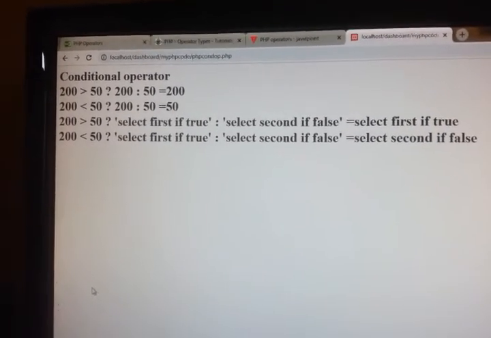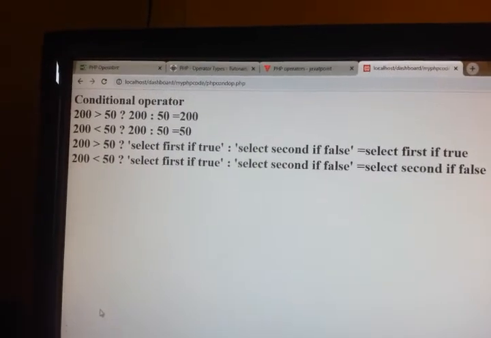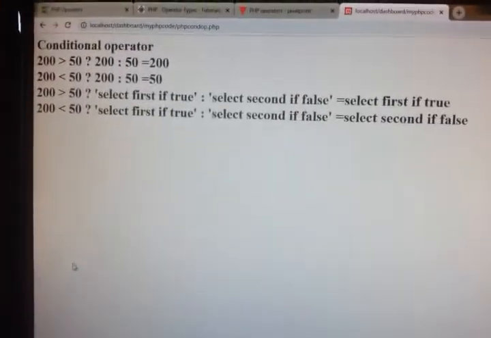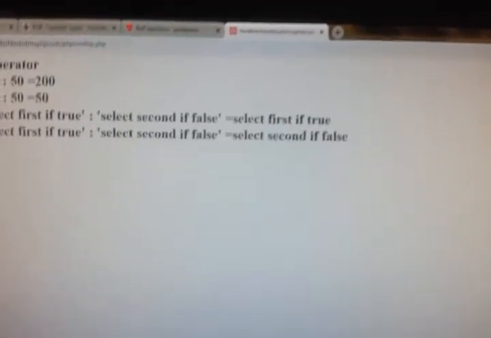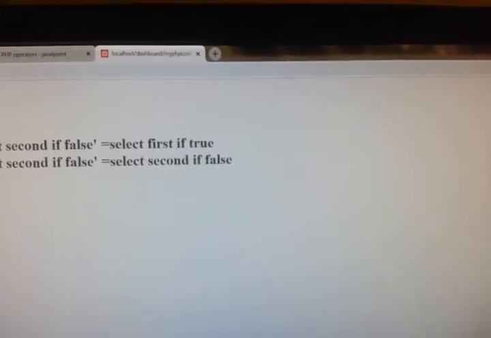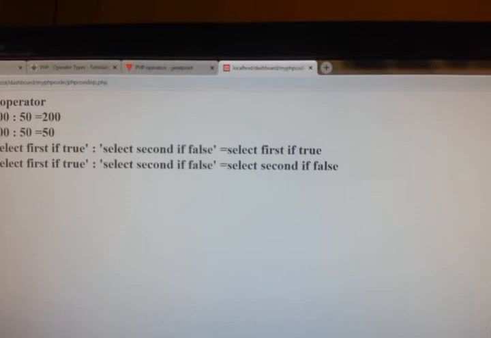So 200 greater than 50. If the condition is true, then what I am telling is, select first if true. So that is the string I have given. Then select second if false. So what did it select? It selected first, because the condition 200 greater than 50 is true.